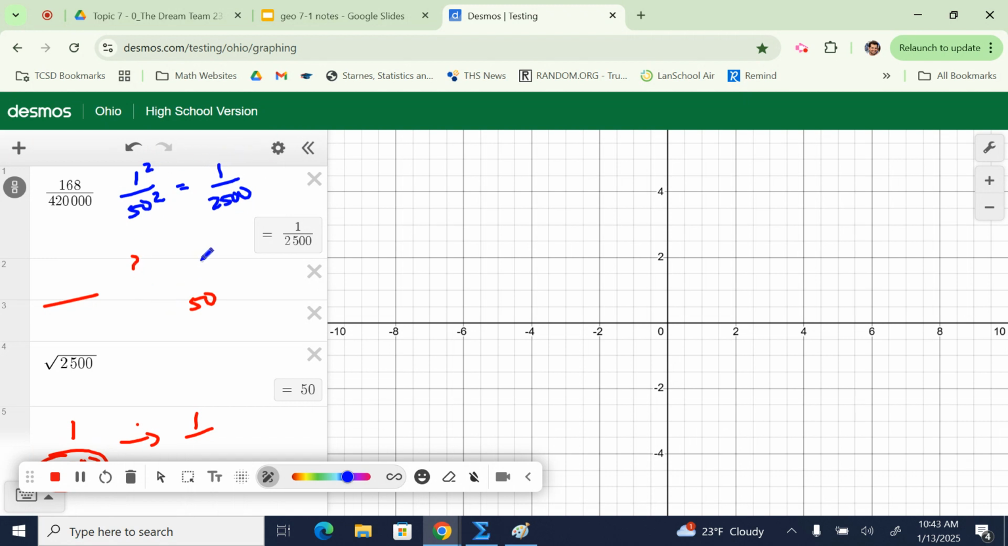So here is the idea. If you compare the areas of two similar figures, their ratio is going to be equal to your scale factor squared. So we need to write that down. Write this down on your paper, in your notes. The ratio of the areas